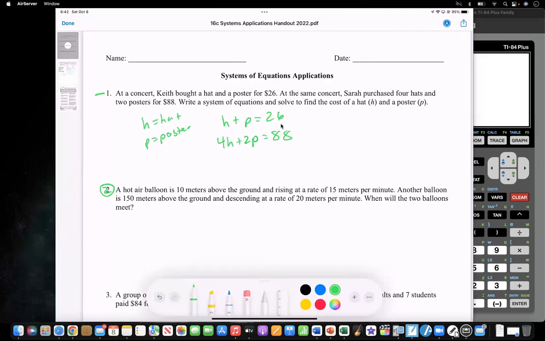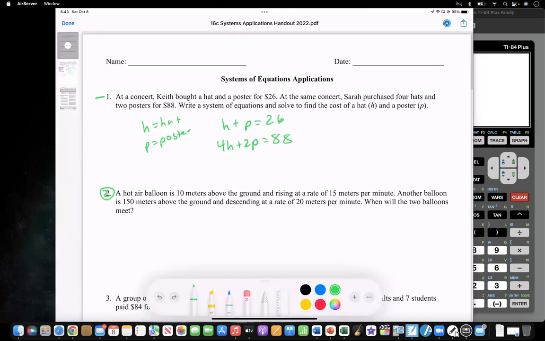Okay, so once again, it looks very similar to the other ones. You can minus the P and use substitution for H, or you can just multiply. I think the 2 is lower, so if you multiply by -2 here, 2p and -2p will cancel. So elimination or substitution, whichever you prefer there. All right, for number 2,